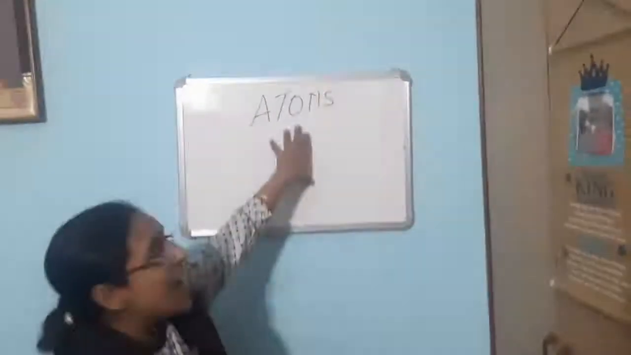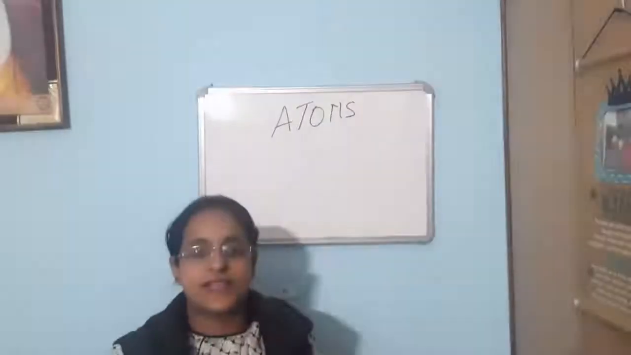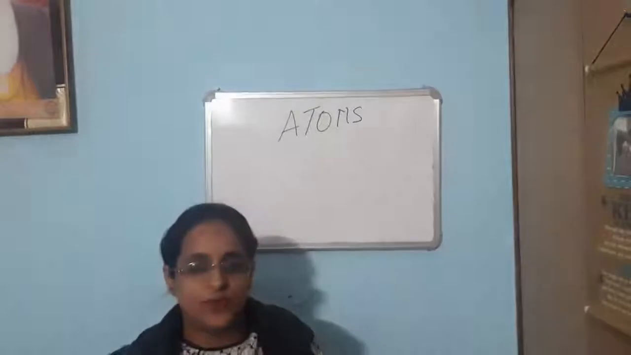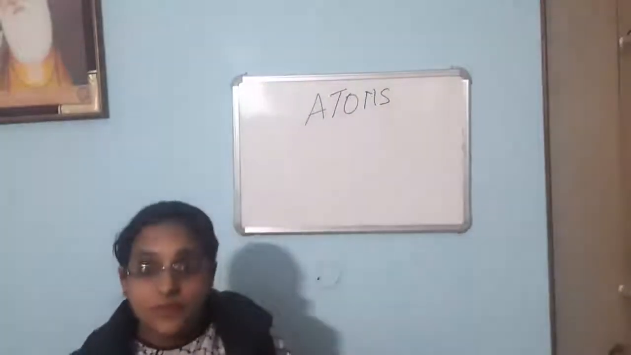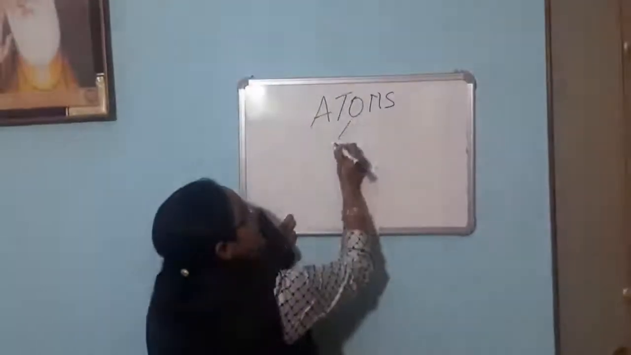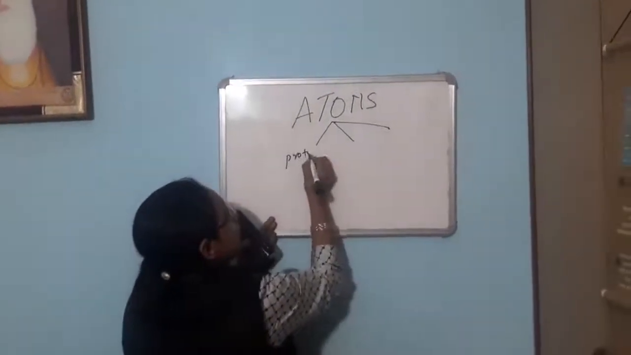Today's topic is atoms. We'll deal with atoms. We know everything is made up of matter, whether this duster, this pen, everything is made up of matter. This matter is further made up of atoms. These atoms are made up of three subatomic particles. These subatomic particles are protons,